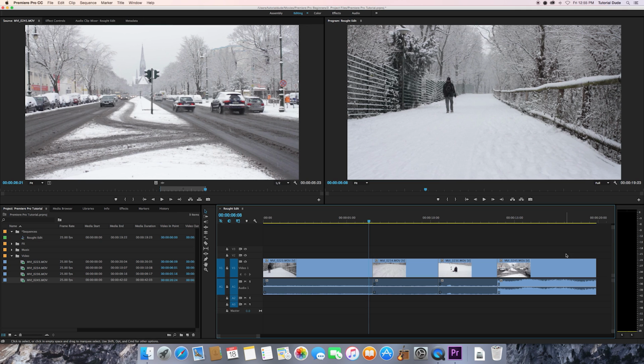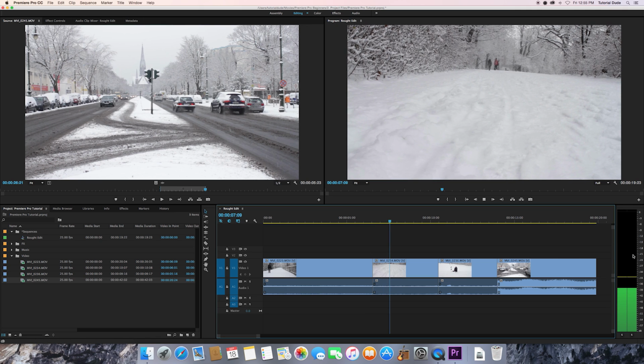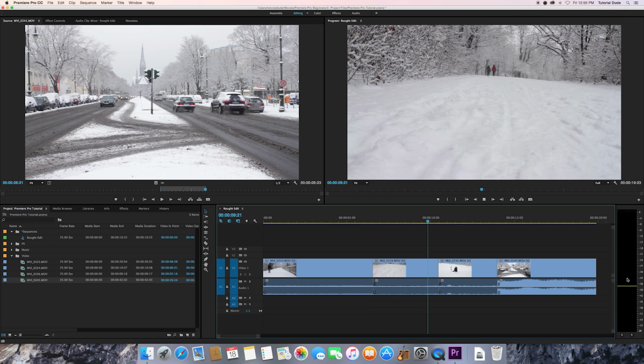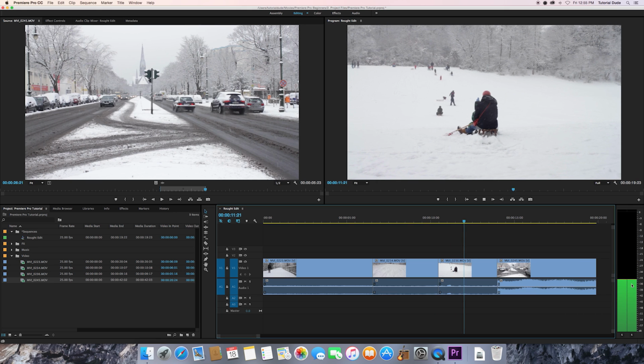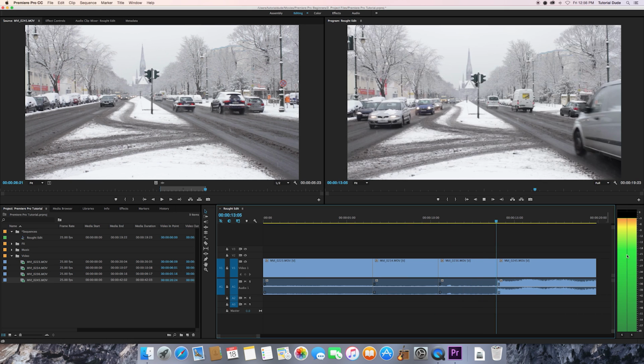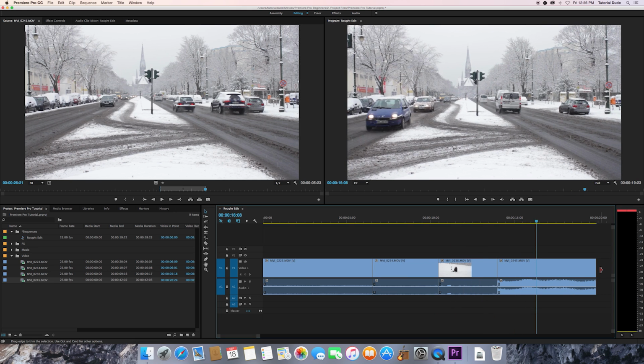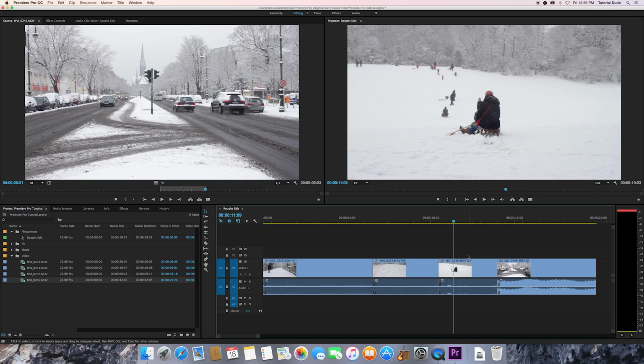One thing I forgot to point out in the interface, of course, is that your audio monitors are here. It shows you the audio levels that we see, and now we're going to get to these cars way up. Oh, so loud, especially that stupid car with the squeaking wheels. So the other thing we can do right in the timeline here is once we've expanded the audio layer really wide,